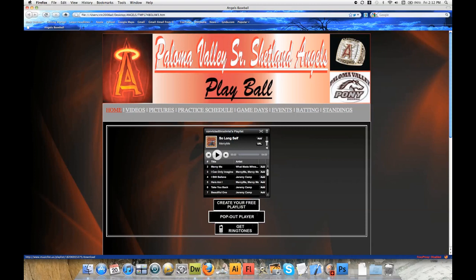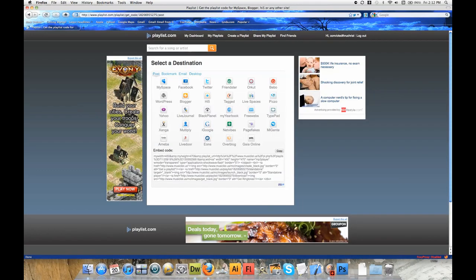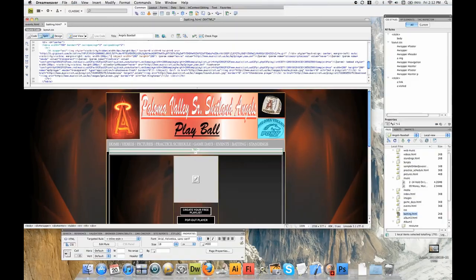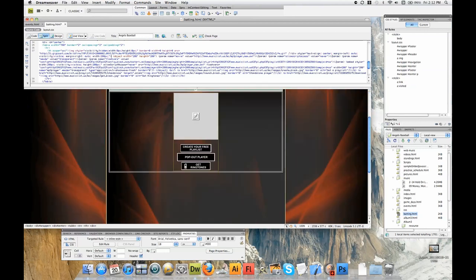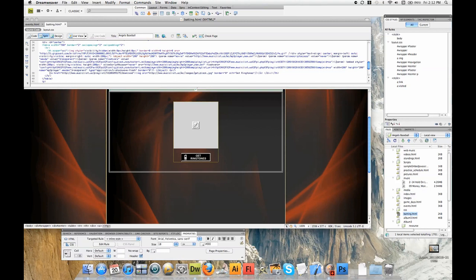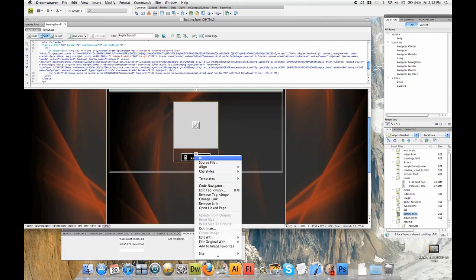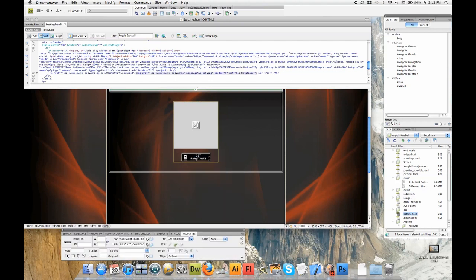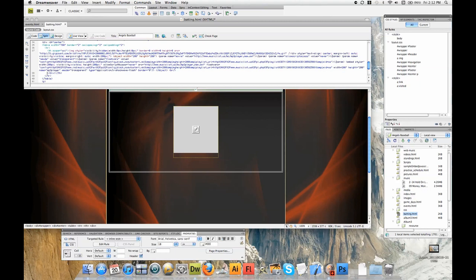Now I want to get rid of these though, and I'm going to do that real quick here, and it's real simple to do. For you, I'd recommend checking with the end user license agreement or the agreement that you make with Playlist.com on whether you can or can't do it. I'm just going to show you that you can by just clicking it, delete, clicking the pop-out player, delete, get ringtones, delete, delete,